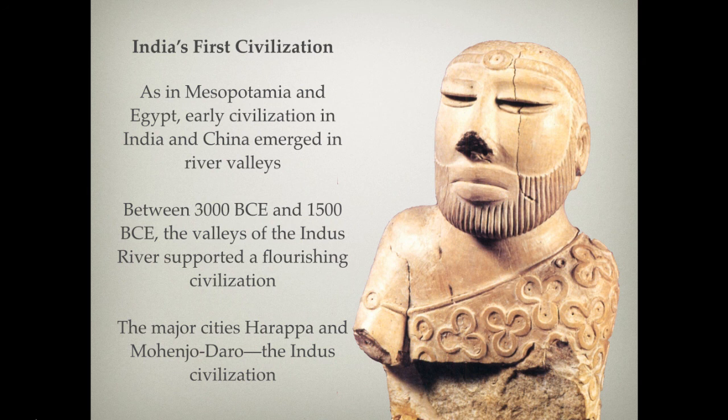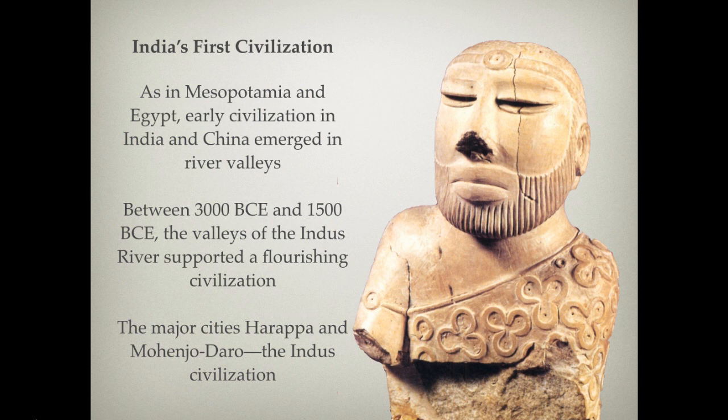Between 3000 BCE and 1500 BCE, we see this river valley really begin to flourish and a civilization begin to arise. If you'll notice the consistency across the globe of this particular date, 3000 BCE, we see all of a sudden major cities crop up, writing systems develop, civilizations established. So this is a monumental, revolutionary age where we see people transitioning into city life away from that nomadic form.